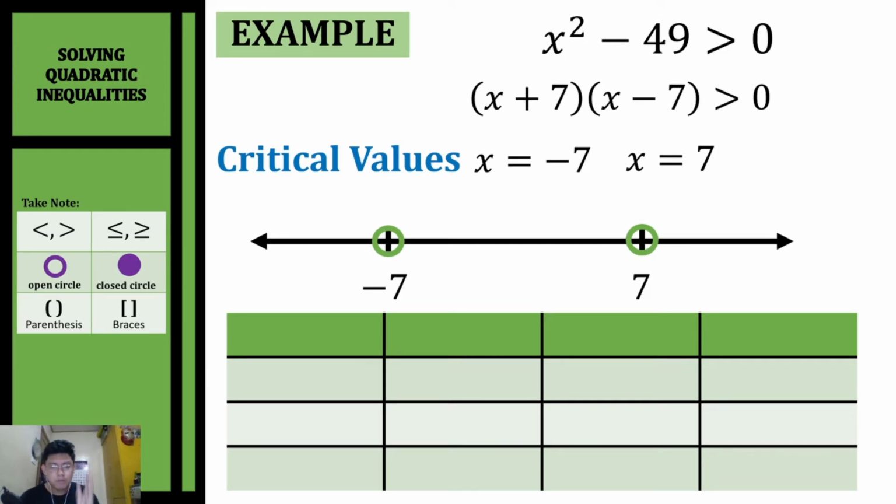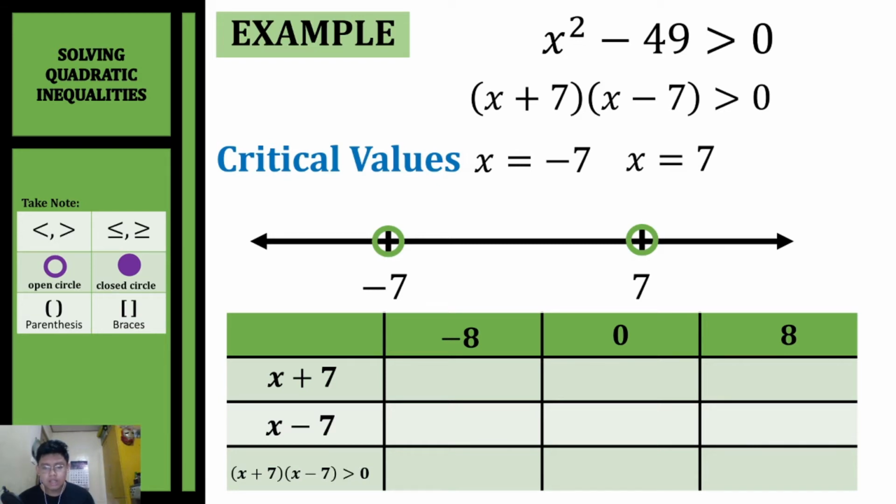So from negative 7 going to negative infinity, let's have negative 8 as our representative for that region. For the middle region, let's assign a number between negative 7 and 7. So we have 0. Now, what about 7 going to positive infinity? Our representative can be any number as long as it is part of 7 to positive infinity. So let's say 8. Now that we have our representatives, let's substitute them into our factors and test whether our inequality will be greater than 0. Let's start first with negative 8.